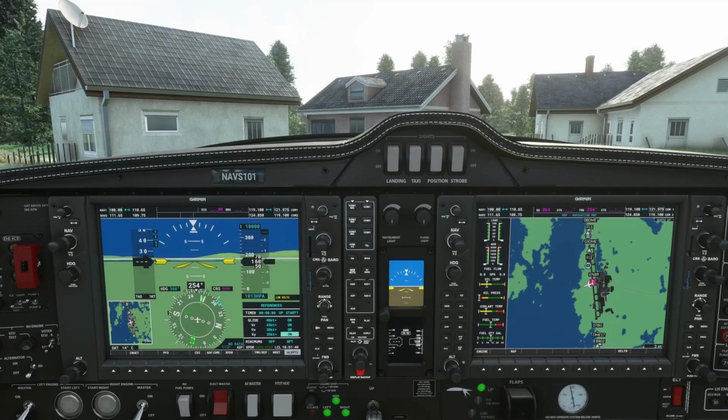Now to move to minimums, once again, use the outer dial, and then just switch that on. And you can see the baro window has appeared, and go across once again, and then you can select your altitude. And if you have a look at the altimeter tape here, you've got your minimums marker, which has now appeared.